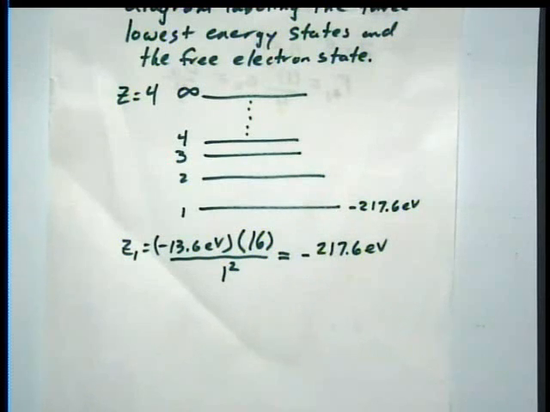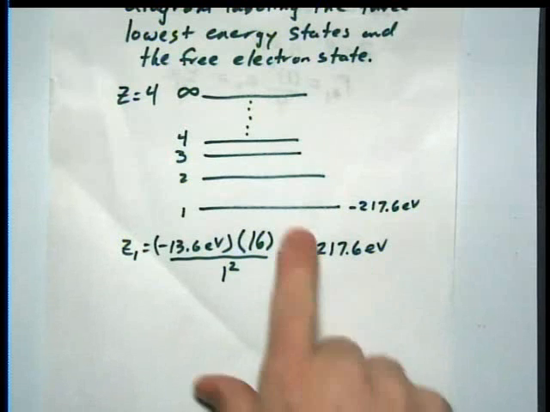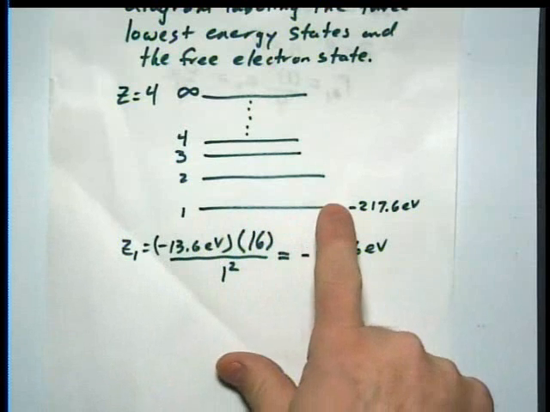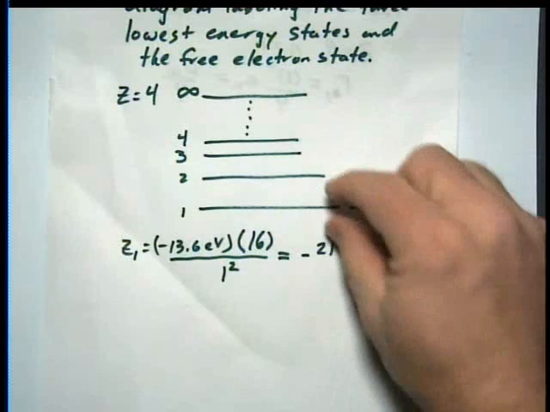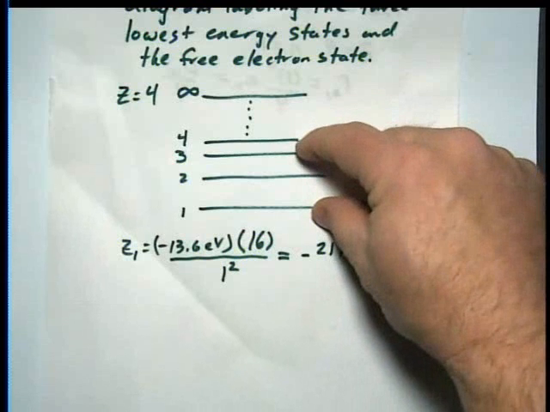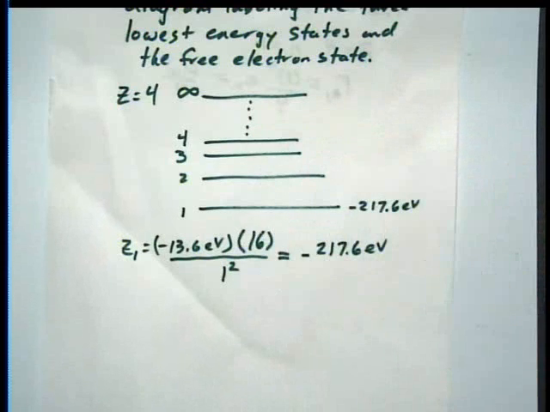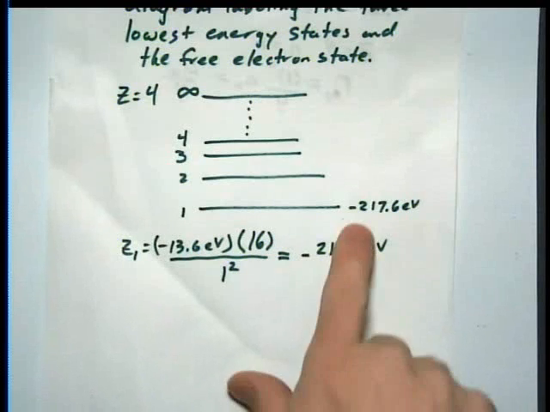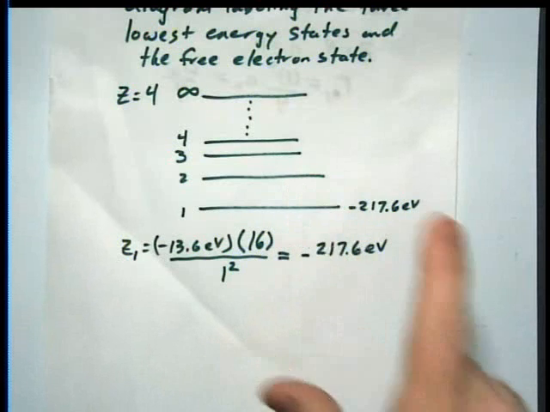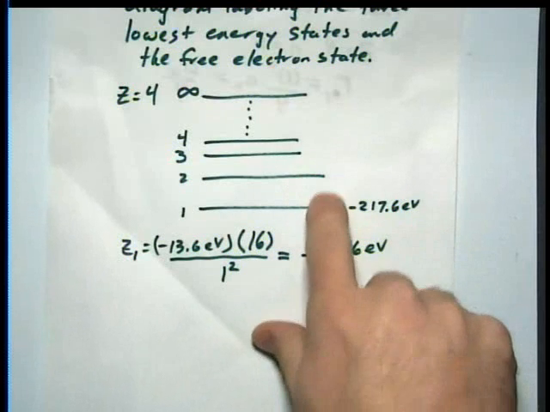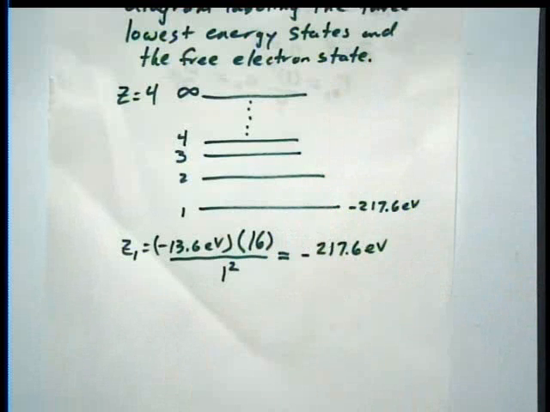Another type of question that's often asked, and there's several in your book, he'll say, if a photon comes in with a particular energy, can you excite this particular electron? And the question is, does the energy of the photon match the difference between a couple of the levels? If the answer is yes, then you can excite it. If the answer is no, you cannot excite it. On the other hand, he'll ask the same question for an electron, or proton, or alpha. It doesn't have to match. It just has to be enough. So the minimum would be enough to get from here to here. I can calculate what that is.